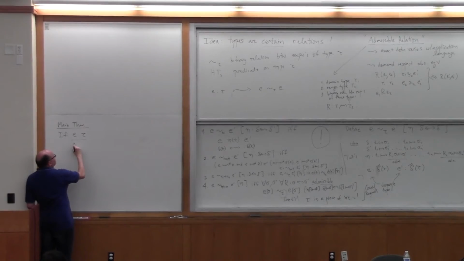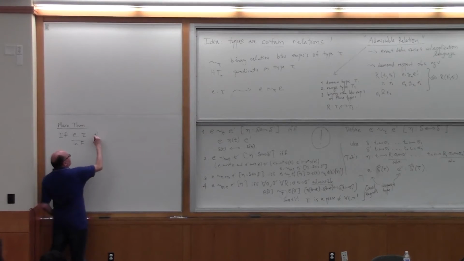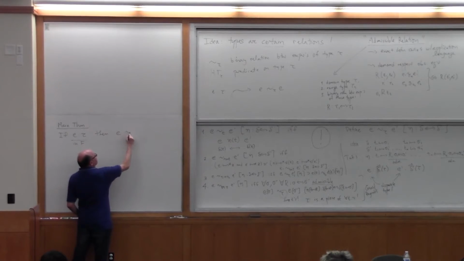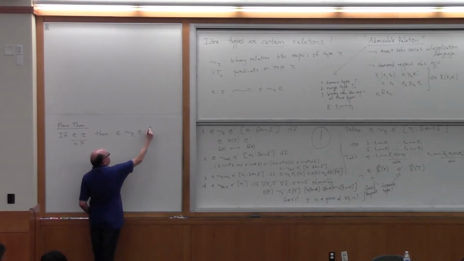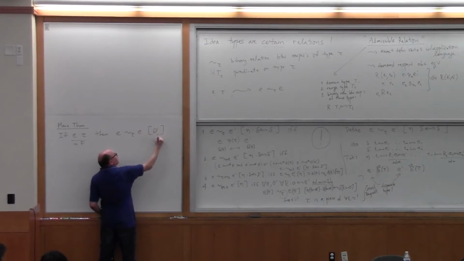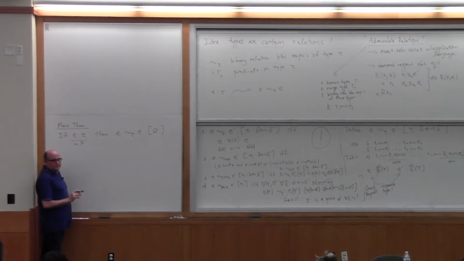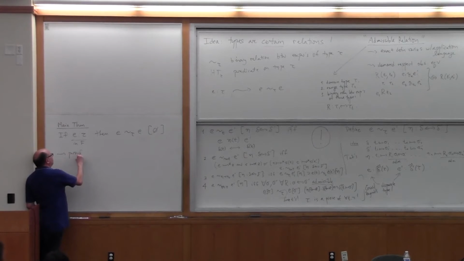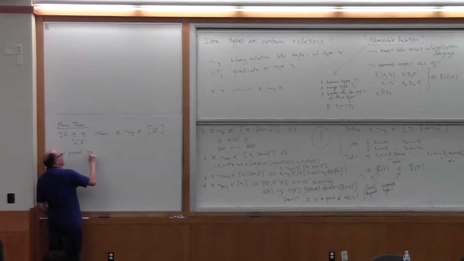If this is in System F, then guess what? If it's a closed term and doesn't have any free type variables, it's related to itself at type tau, modulo nothing. Now, to prove this, we have to strengthen the hell out of it. We have to consider, so the proof is more involved. The proof requires